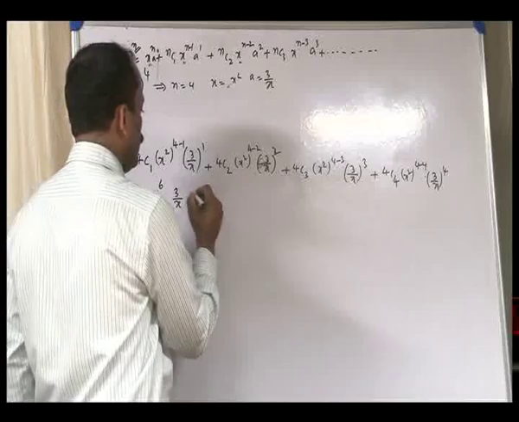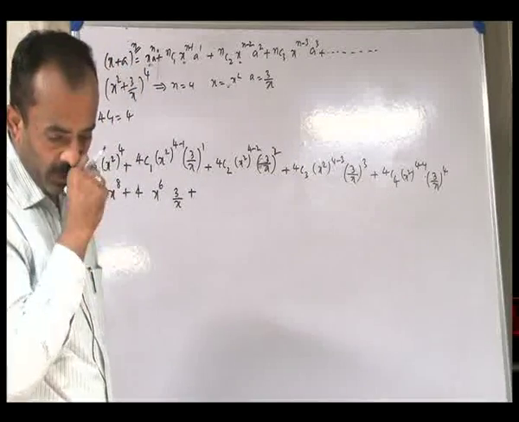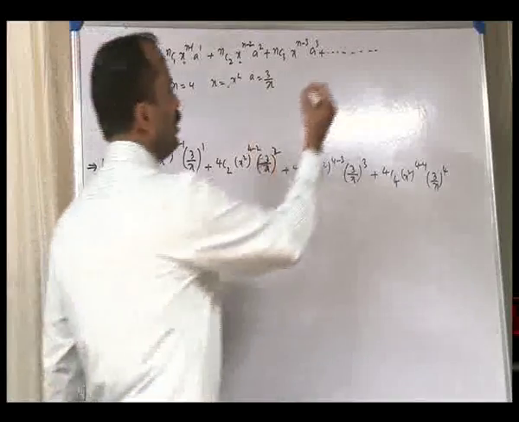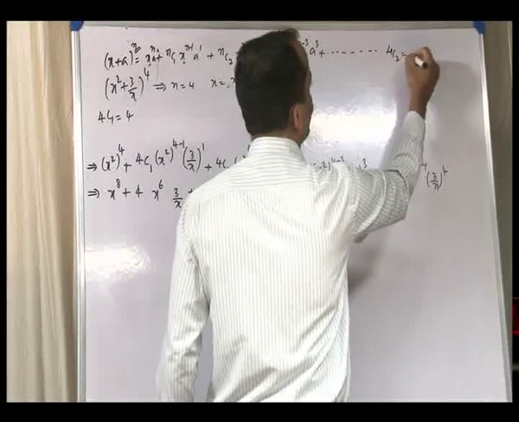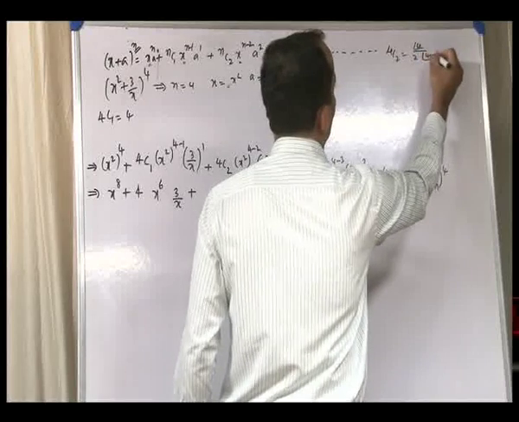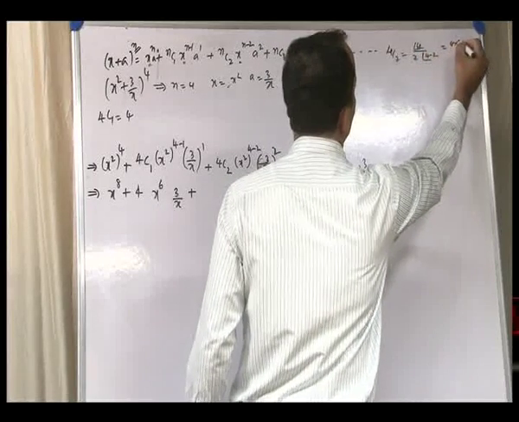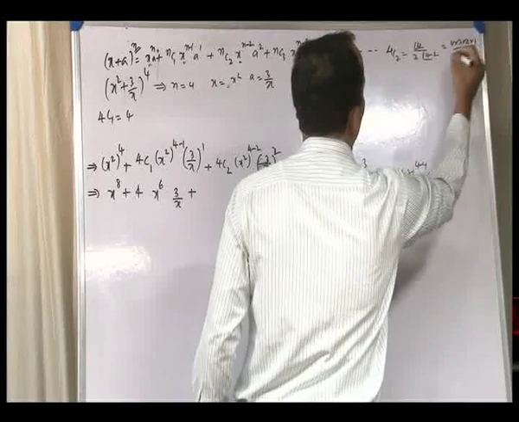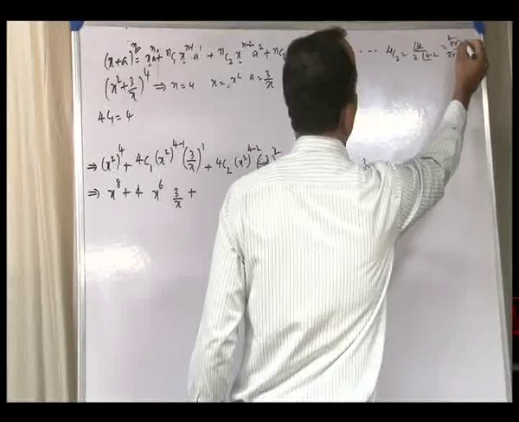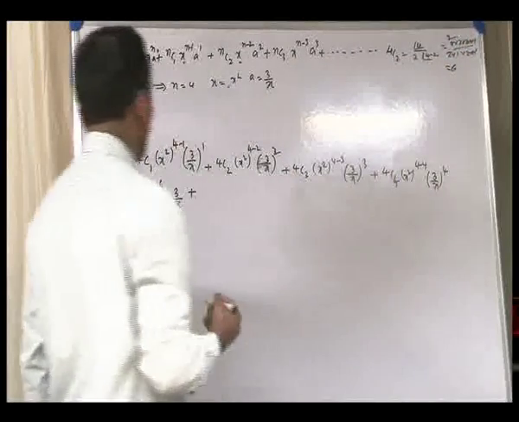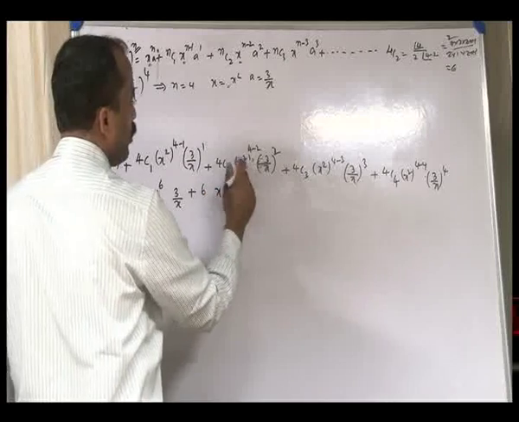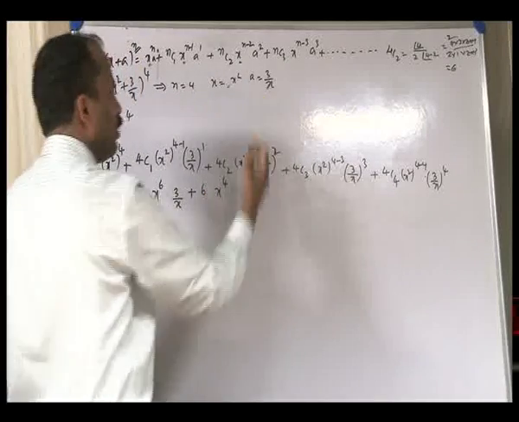Next, 4C2 value is 6, or we can directly find out 4C2 is equal to 4 factorial divided by 2 factorial into 4 minus 2 factorial, that is equal to 4 into 3 into 2 into 1 divided by 2 into 1 into 2 into 1. Cancel, 3 2s are 6. So 4C2 value is 6 into x squared whole squared,